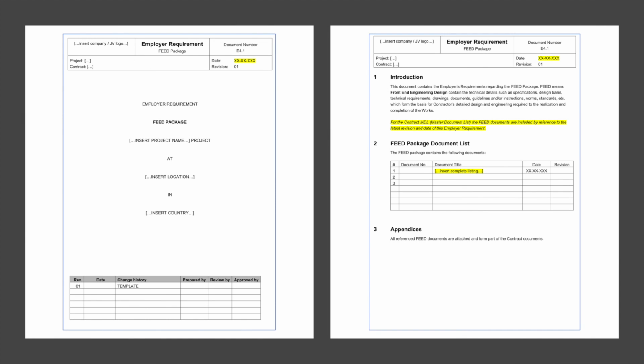The feed package section shall describe a listing of all the documents with date and revision number, which are part of the feed package. The feed package documents are included in the Contract Master Document List, MDL, by referencing this section in the